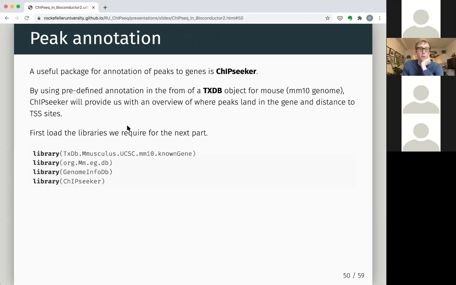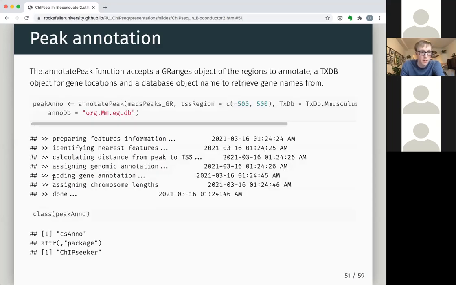And so a useful package for annotation of peaks is the ChIPseeker package. We'll combine this with a predefined annotation of each particular genome build housed in this TxDb object, which is a Bioconductor object for your particular genome. And we will also use this annotation database that nicely interacts with all these Bioconductor objects, including this TxDb. We'll load ChIPseeker, and once we have all those libraries loaded, we can